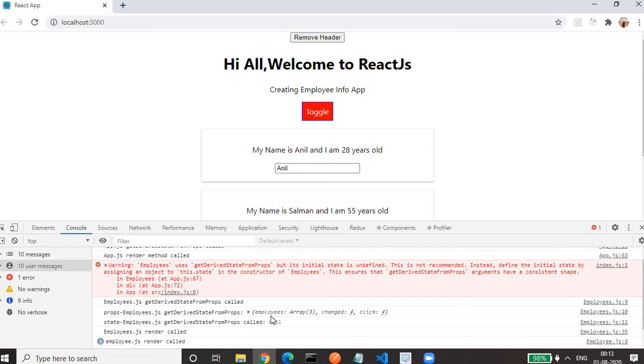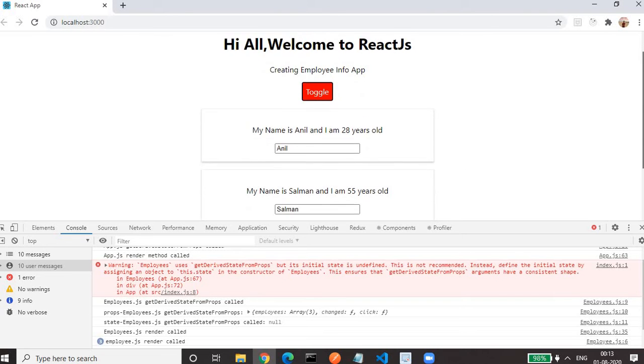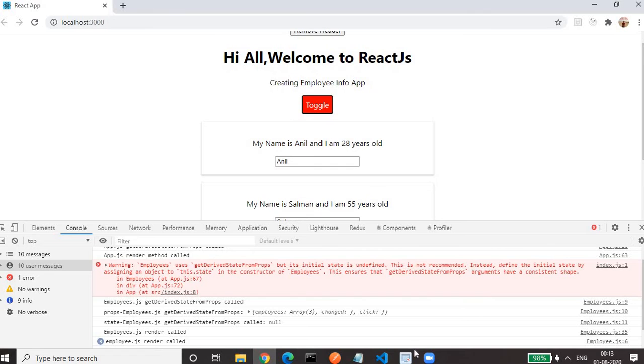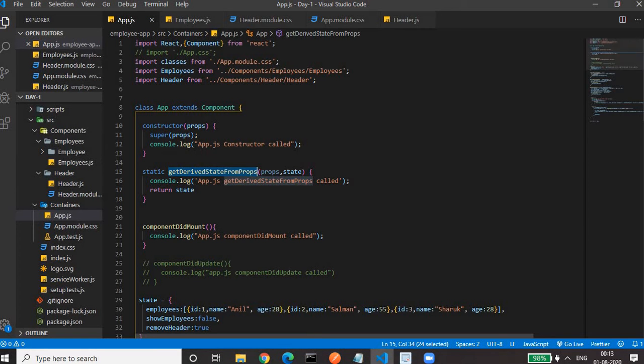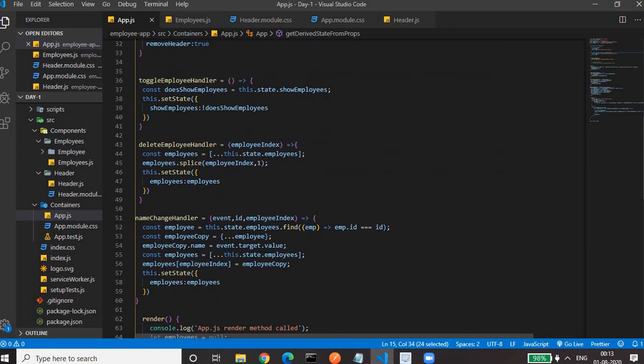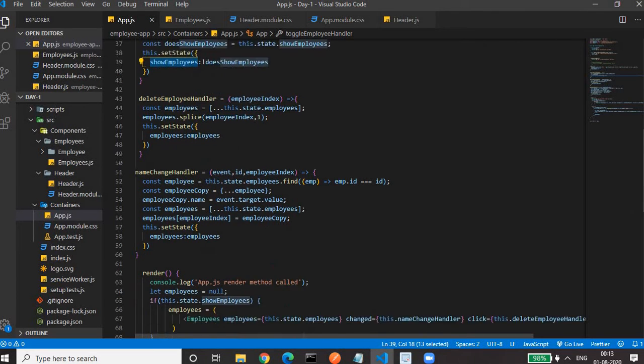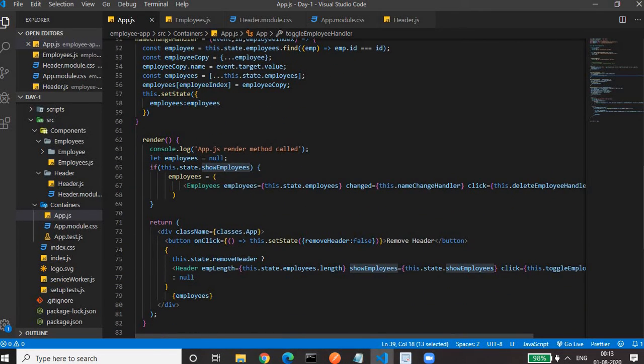And don't worry about this error. On click of the toggle button, you are able to see the list of employees. So our employees component gets created, because in the app component, on click of the toggle button we are making the show employee state true, and in the render method we are writing that only if it is true do we create the employee component.